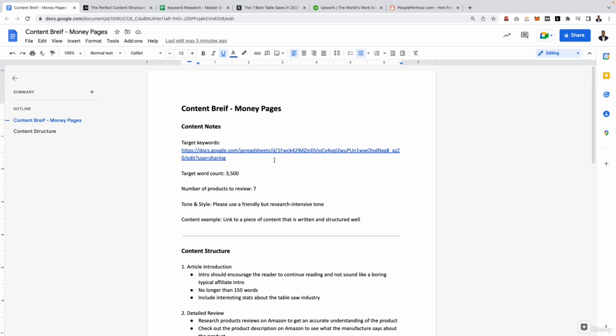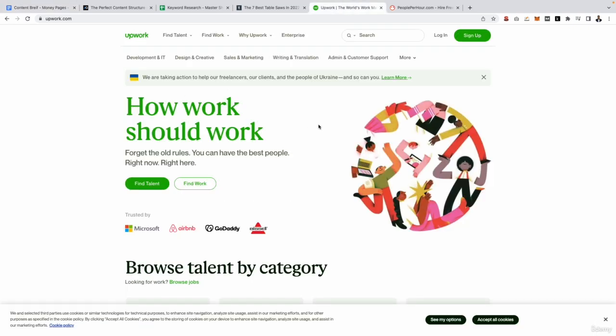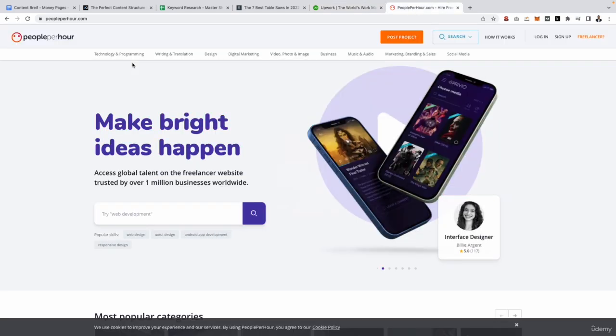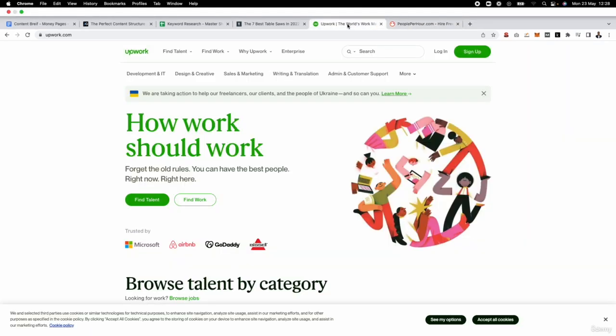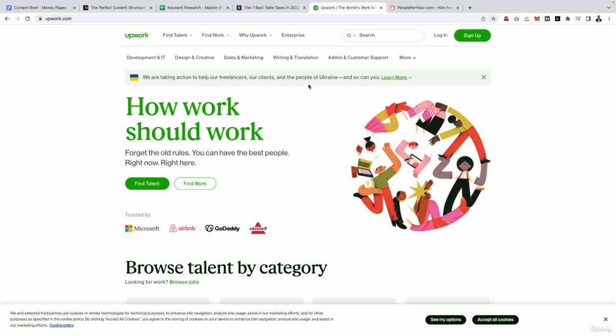And then when it comes to you actually finding a writer, I recommend you use a platform such as Upwork.com, or you can also use People Per Hour. These are both two of the biggest freelancing platforms out there. You can literally join both of them for free, post a job of what you're looking for, which would be a content writer for your affiliate site. People will then apply to your jobs. You can see their feedback, how much money they've earned on the platform, if they're a top rated freelancer, and you can start to qualify them and then hire the one which is the best fit for you.